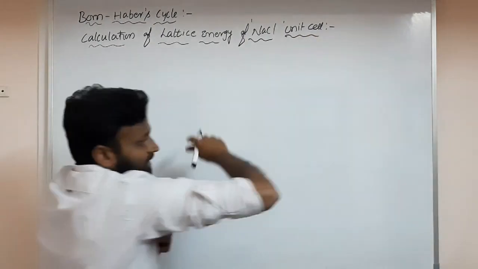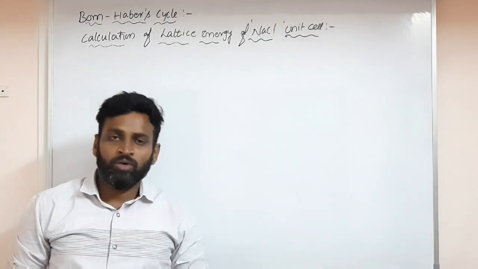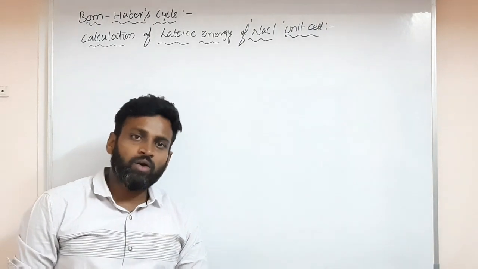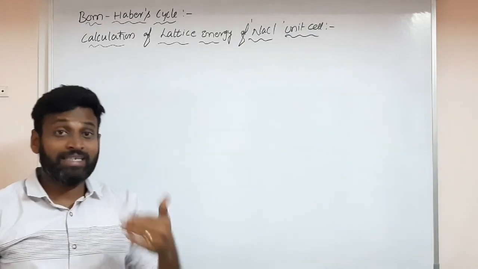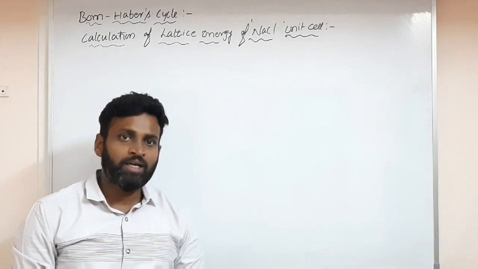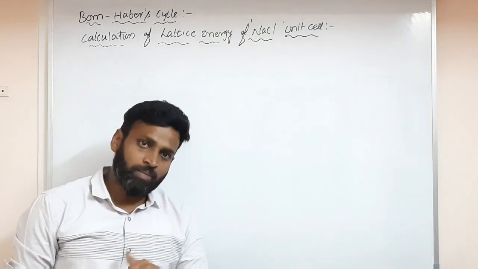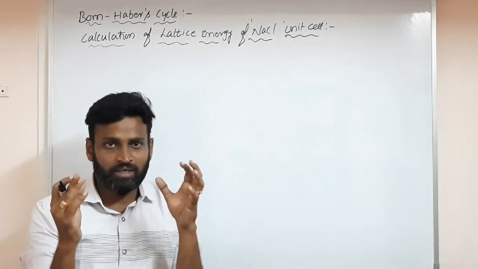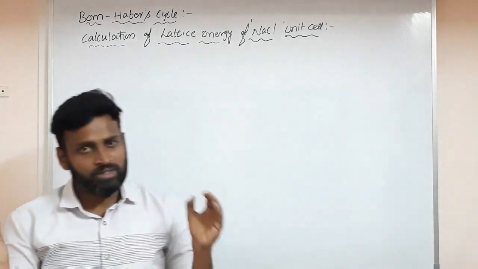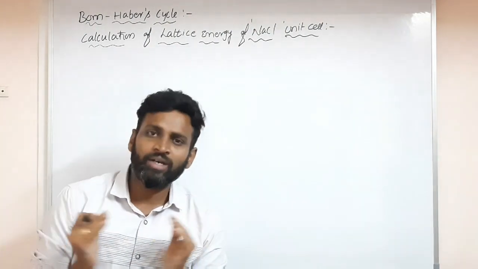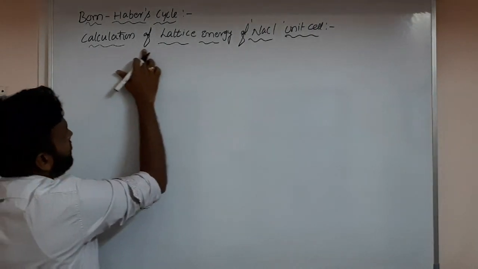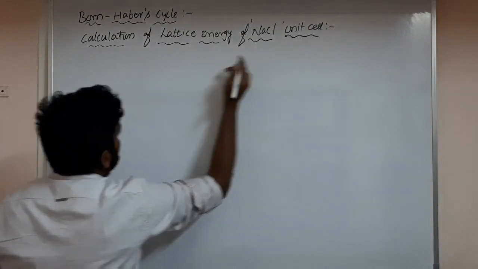Okay. So lattice energy means, as you already know, the amount of energy which is required to break 1 mole of crystal lattice, or unit cell, or the amount of energy released when 1 mole of unit cell is formed for a particular cation and anion, for a particular ionic compound or any particular solid crystal. Maybe metals also form crystals. Metals also have unit cells and ionic compounds also have unit cells. Let's see the calculation of lattice energy of the NaCl unit cell.